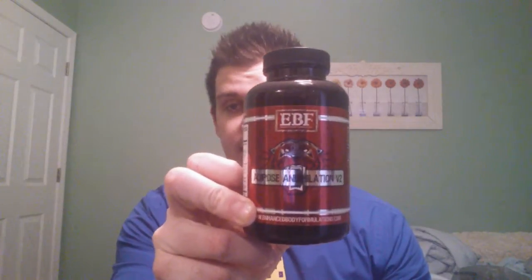My typical dosing for these was 60 minutes prior to a cheat meal, or if it wasn't a cheat meal, just the biggest meal of the day. 3 caps of these bad boys. 3 caps Adipose Annihilation V2. 30 minutes after that, Recompadrol. So we have Adipose Annihilation V2 60 minutes before a meal, Recompadrol 30 minutes before a meal,